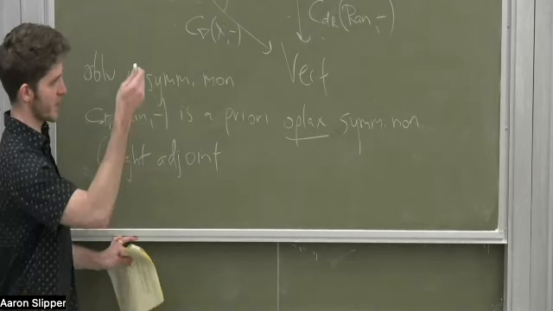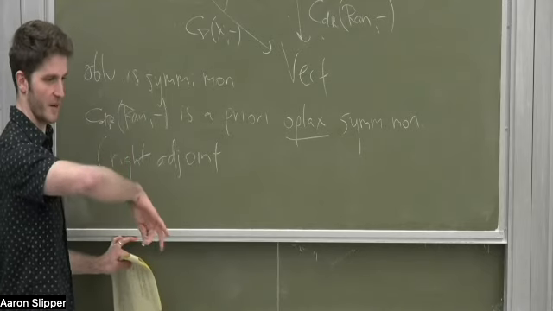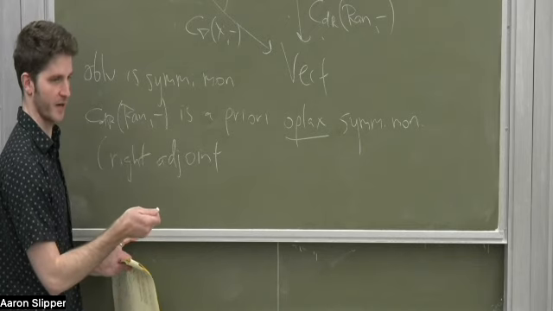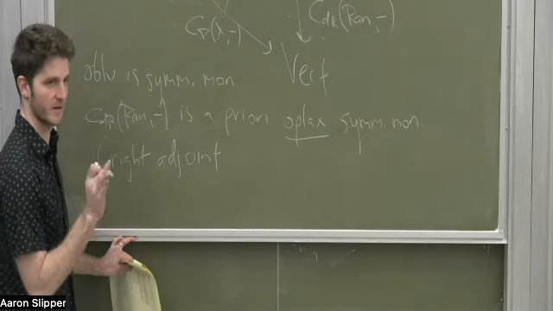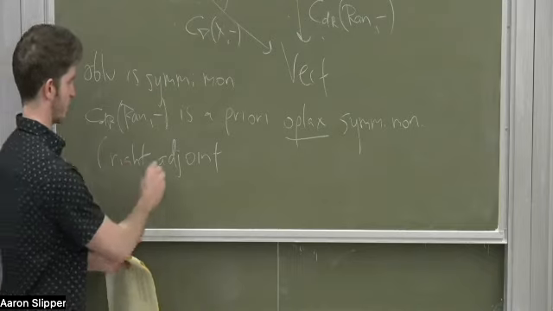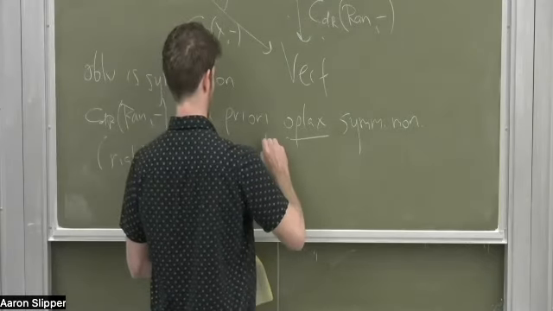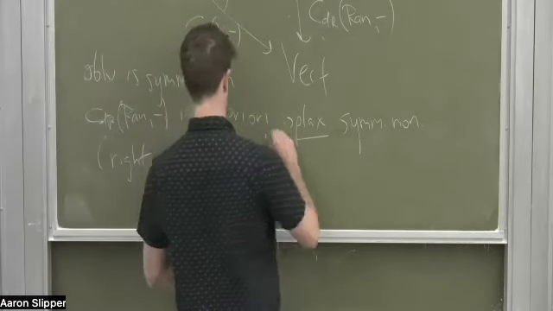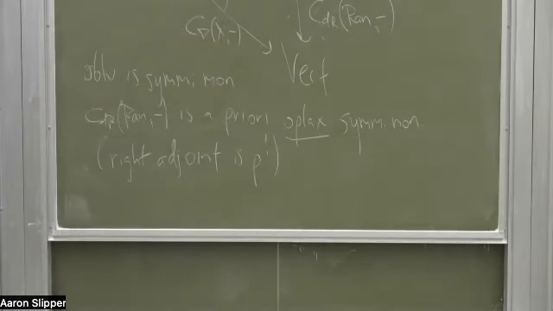It's upper shriek, the left adjoint is homology. Homology is not a right adjoint, right? It's the right adjoint, the upper shriek pullback from a point, which is symmetric monoidal. So homology is a priori only left-lax symmetric monoidal, but